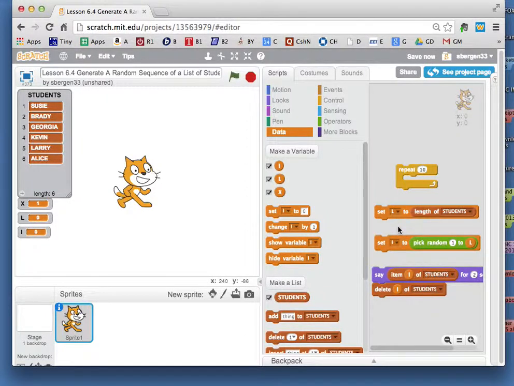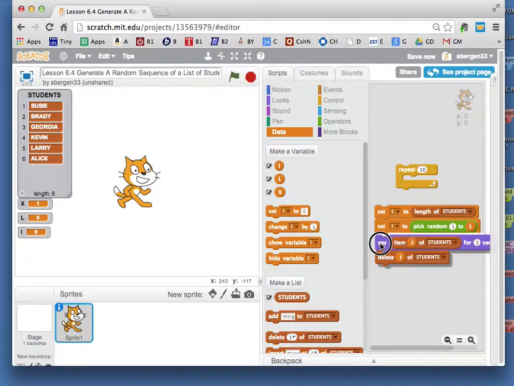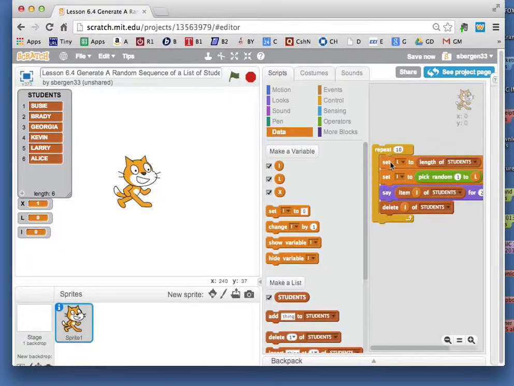So this is the logic. And we're just going to assemble it together. L is the length of students. I picks a random number. We say the student who wins. We delete that student. And we put this in a loop so that this will happen not 10 times, but